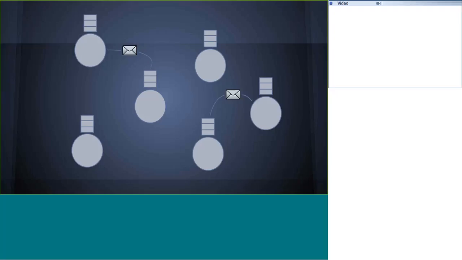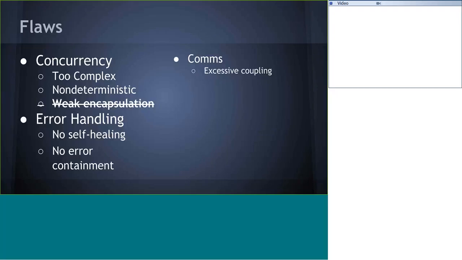This is nice also because the real world operates this way. When I go to the post office, for example, there's not a bunch of instructions telling me how to ship my own package. I tell them, here's my package, and I leave. Then they are responsible for taking ownership of that task of shipping the package. This is the way most of the world works, through this message passing mechanism. So the first thing we get rid of is that weak encapsulation. We don't deal with the OS-level threading model at all. We just define for the system the asynchrony construct.